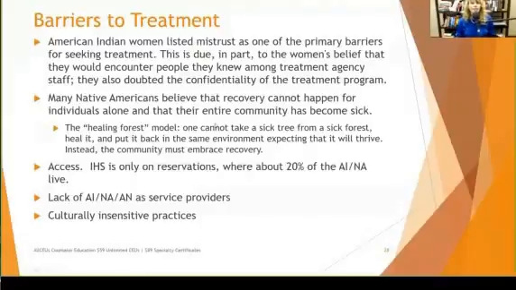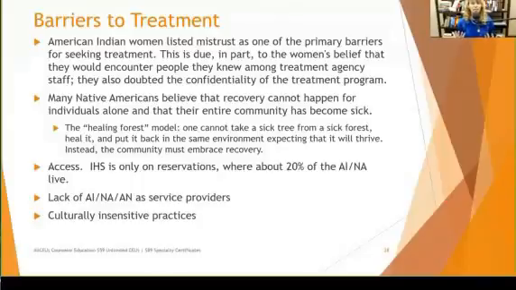American Indian women listed mistrust as one of the primary barriers to treatment, due in part to the women's belief that they would encounter people they knew among the treatment agency staff and doubted the confidentiality of the program. So this is kind of contrary to the next one, where many Native Americans believe that recovery cannot happen for individuals alone and their entire